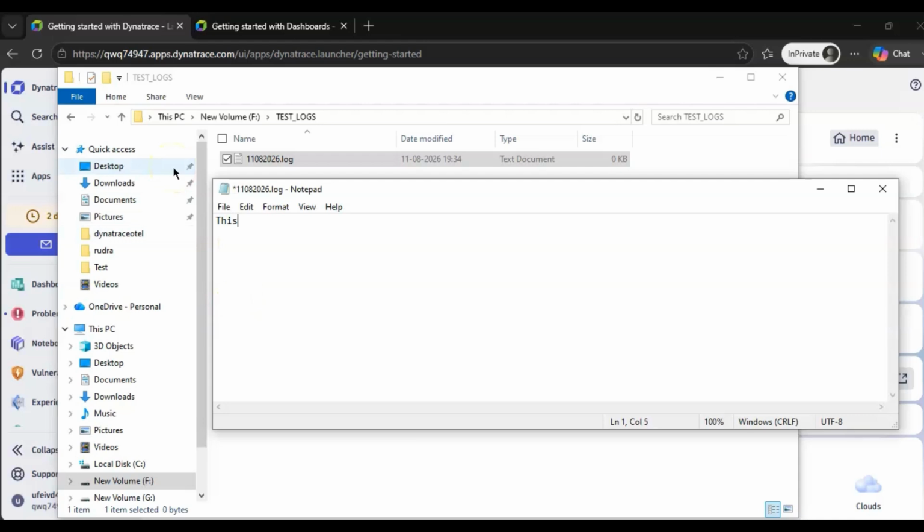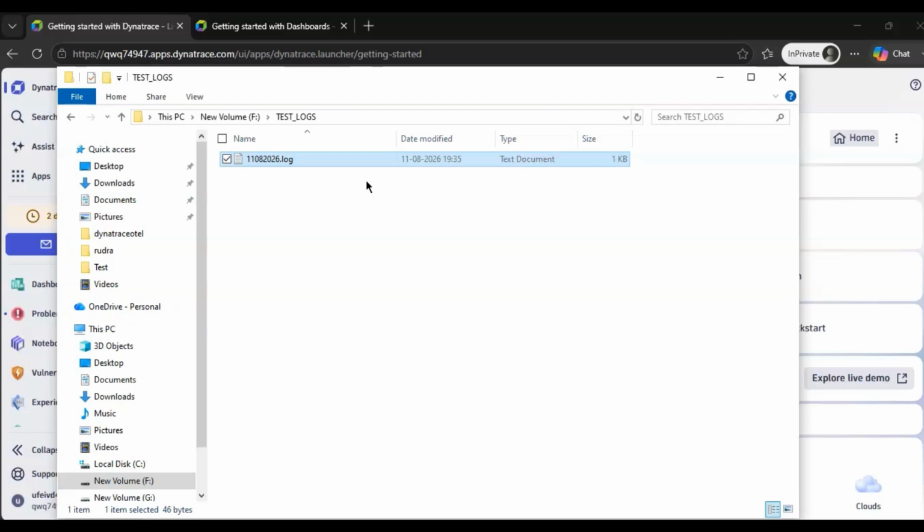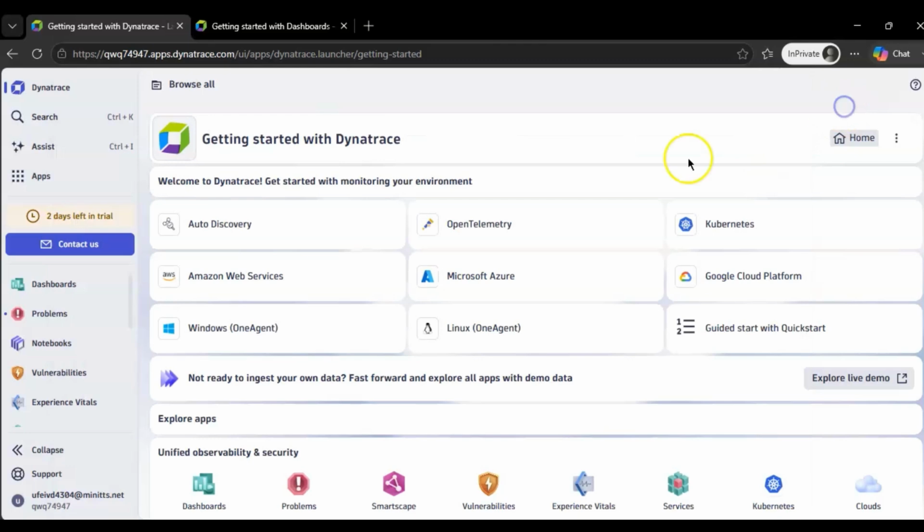And here I will put some log information. I will give it as, this is the test log. Rudragowda, good morning. So some log information I am putting here, and then I want to make Dynatrace get these particular logs. So assume some of the applications are writing the logs in some XYZ path, and that path is not detected by Dynatrace. So we are going to achieve this, like our Dynatrace should get these logs and show the information in Dynatrace. For that, just go to the settings,